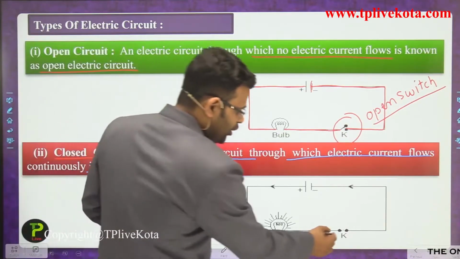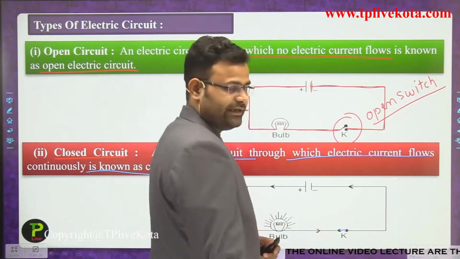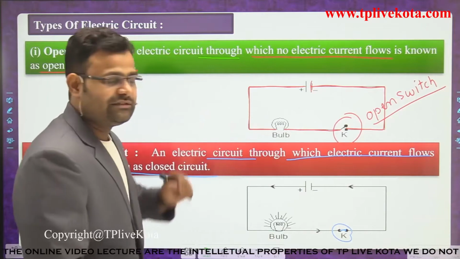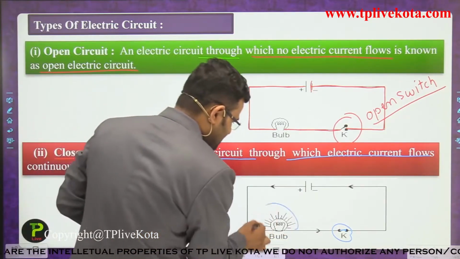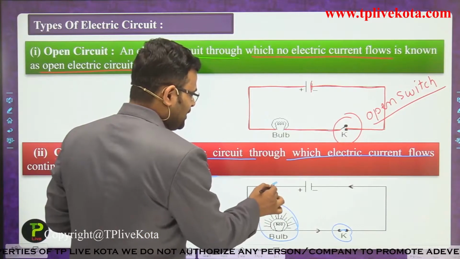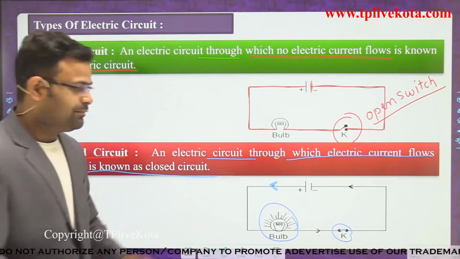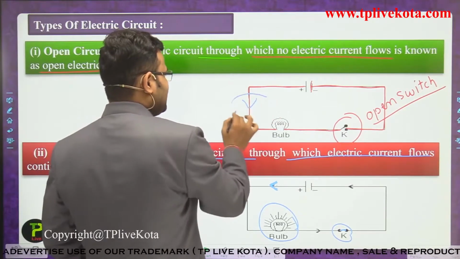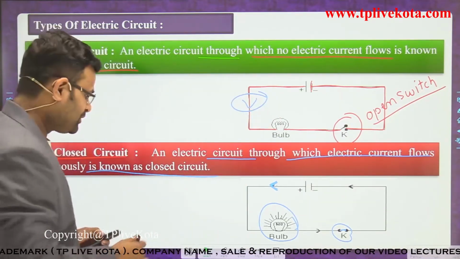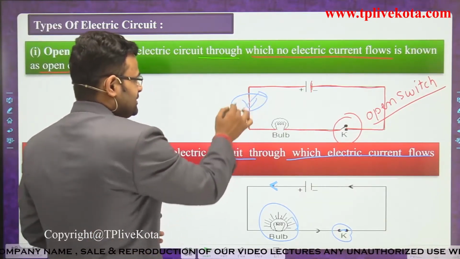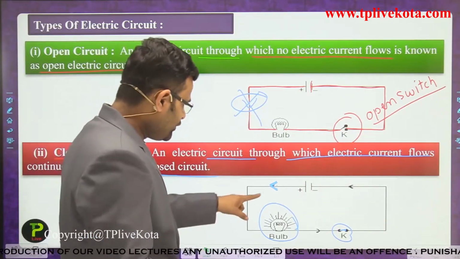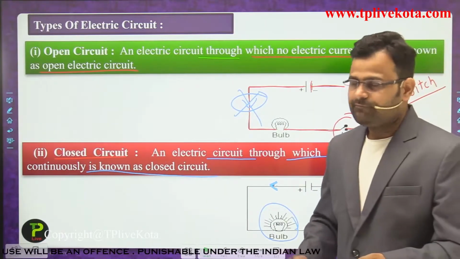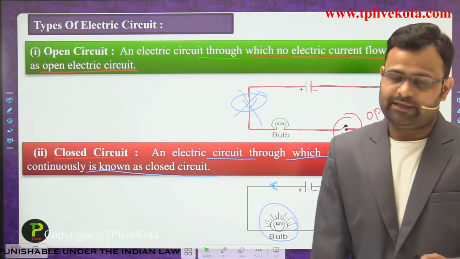Let's see what is happening here. Both terminals of the switch are connected to each other. In the earlier condition, the bulb was not glowing, but in this condition the bulb will be glowing, and that is a symbol of current flowing. If you have any wire marked with that type of symbol, it means current will flow in that direction. But in the other circuit, current is not flowing. We are explaining only that point. So in this circuit, current will flow. In the above circuit, current will not flow, guys. Okay, so that is the types of electrical circuit.